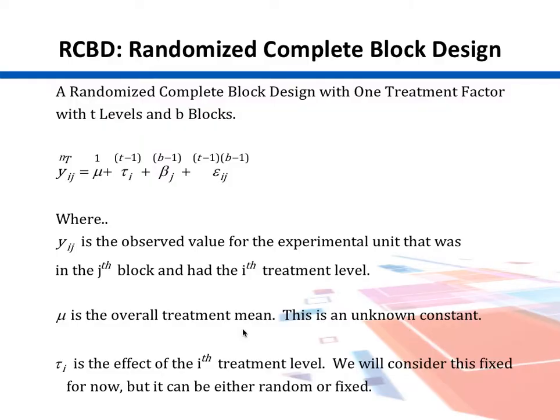The linear model for RCBD changes a little bit, and in the linear model we also put the block term here. So that is this beta j, that represents the blocks here. Rest of the things are the same. So Yij is equal to mu plus tau i represents treatments, and its degrees of freedom are t minus 1. For block, the term is beta j, and the degrees of freedom are b minus 1, and the error term is the product of the degrees of freedom for treatment and block. So it is t minus 1 into b minus 1.